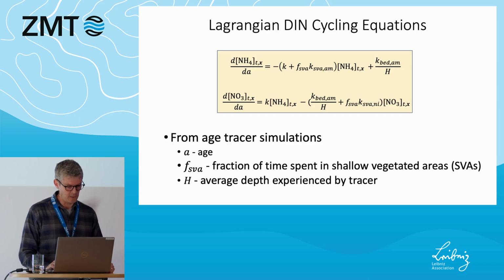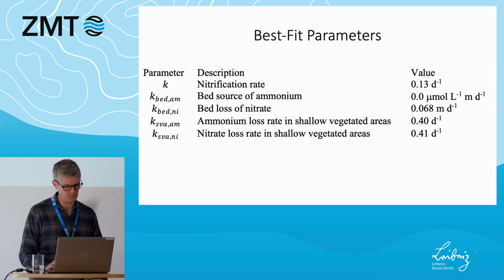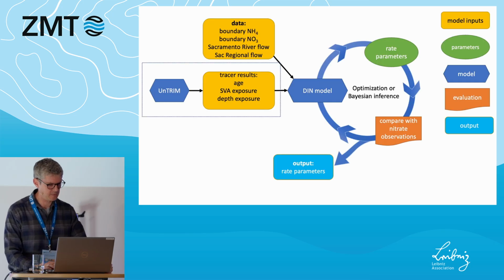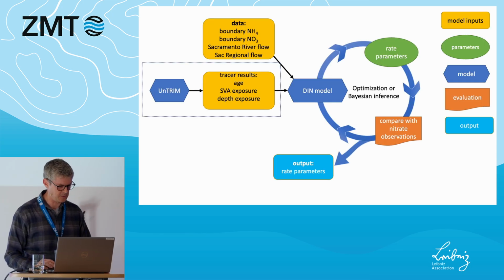So the things the age tracer simulation is providing are the age, the fraction of time spent in shallow vegetated areas, and the average depth experienced by the tracer. And the things we don't know are these parameters that we're estimating, these different rate parameters. Again, this is a bit redundant with the previous slide, but I want to emphasize that we